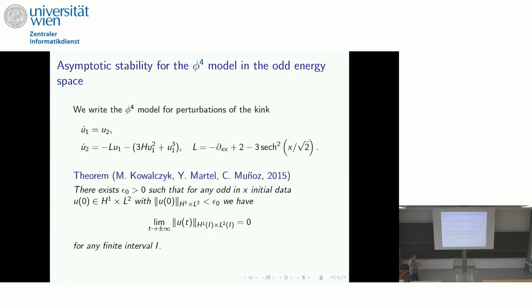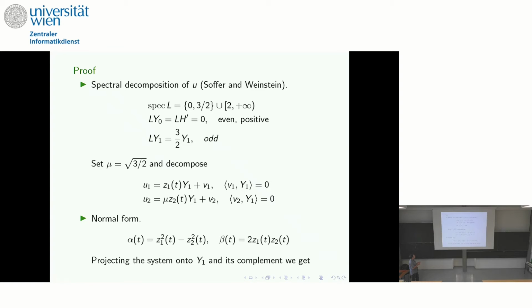Okay, and so let me explain a little bit what the proof consists of. In fact, the first step, and this is something that we learned from the paper of Soffer and Weinstein in 99 or 2000. So this is a very famous paper in Inventiones, where they worked on a problem in 3 dimensions. So this is a Klein-Gordon equation in 3 dimensions with a potential. And the potential, of course, is to eliminate Lorentz invariance, to eliminate translations, and so on. So just like in our case. And they prove asymptotic stability of the zero solution, in fact, to their problem. I don't want to speak about this problem because this is not the subject. But anyway, what they